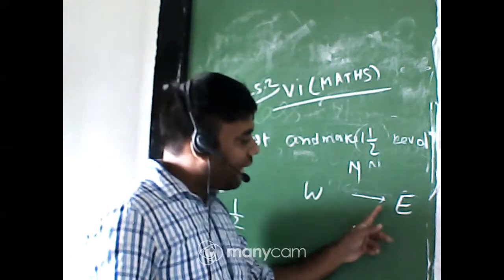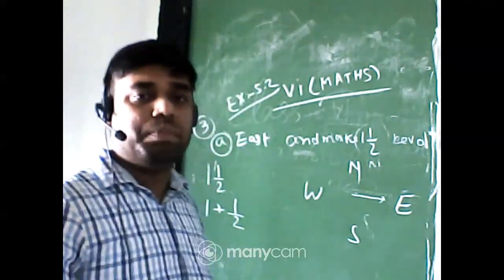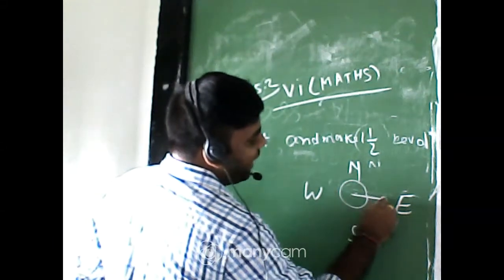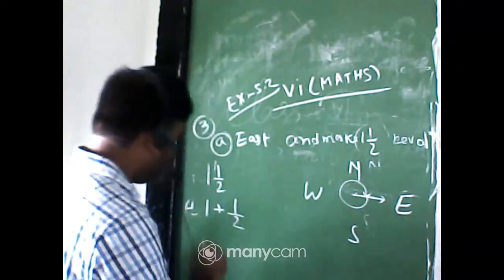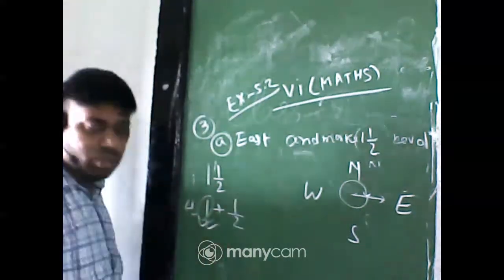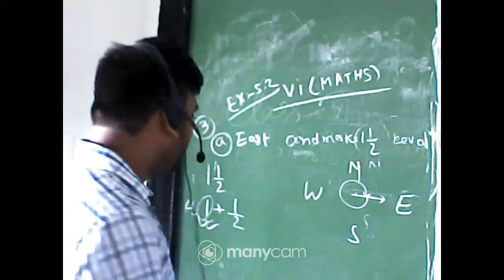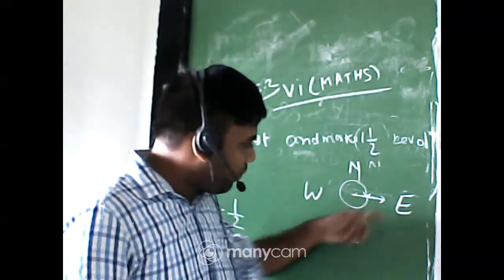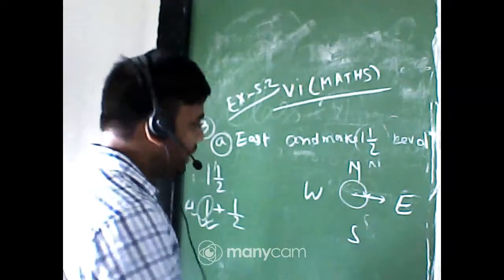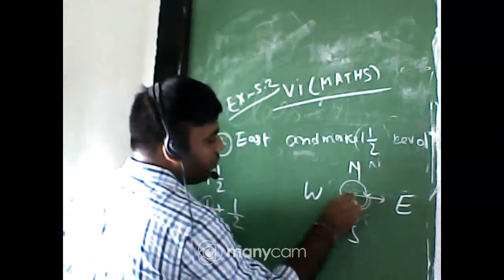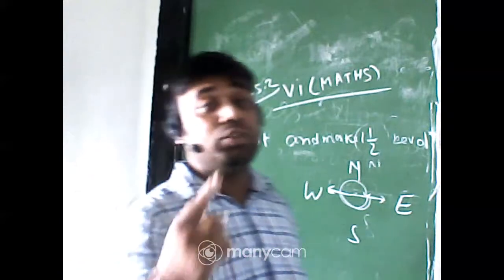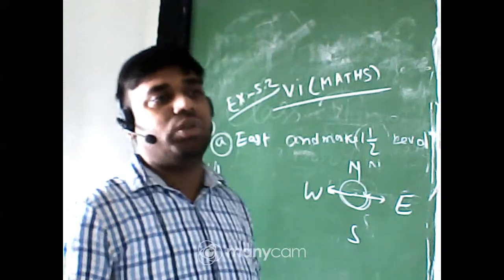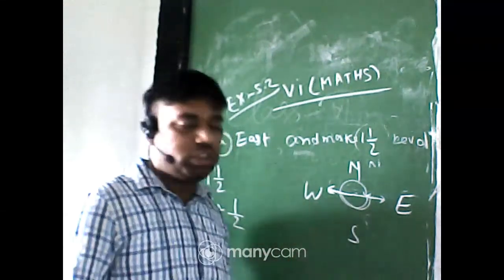So initially you were at the direction of E. Next, if you complete one full revolution, you will again be facing at the east. So that part is completed. Next, 1/2 revolution. Now if you start moving from here in the clockwise direction, then you will reach the west direction. 180 degree means opposite direction. Initially east direction; after half revolution, you will be at west direction, that is the opposite of east.